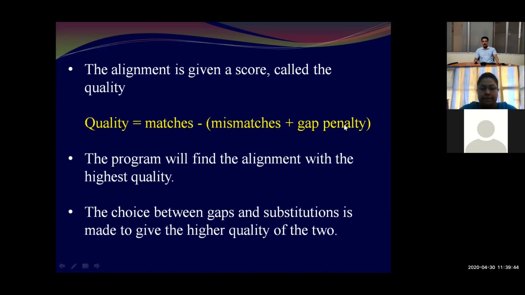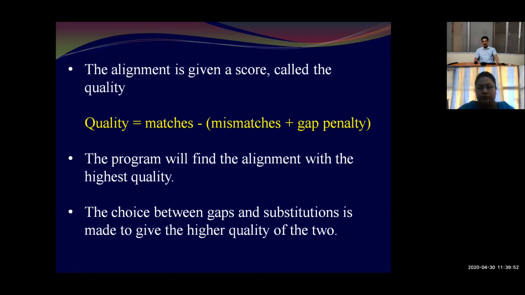Similarly, another type of quality you will measure is the gap penalty. Gaps will indicate deletion or insertion. If in one sequence there is a gap, it means in that position that particular nucleotide or amino acid is deleted, or maybe in the other one a nucleotide is inserted. So a gap will indicate insertion or deletion, meaning frame substitution. Because mismatches indicate dissimilarity, some deviation, similarly gap creation also indicates some deviation or dissimilarity.